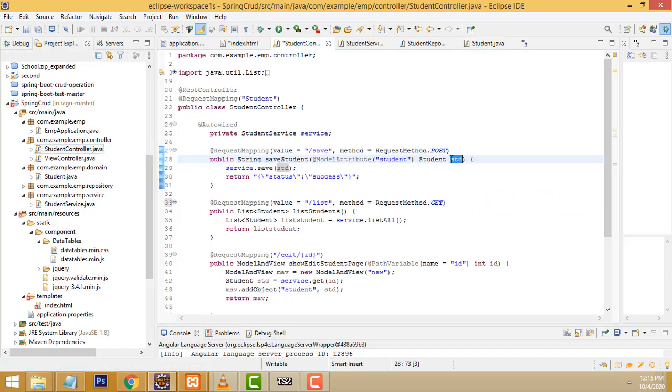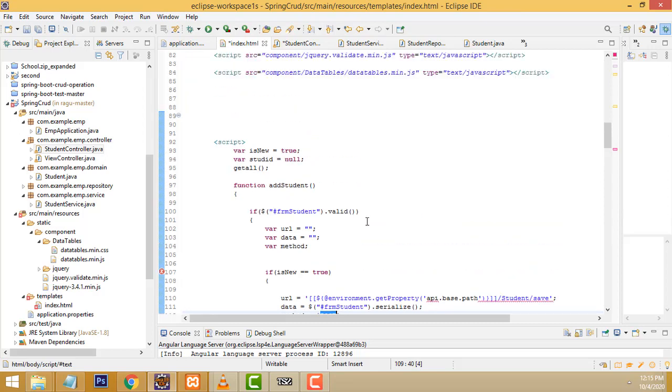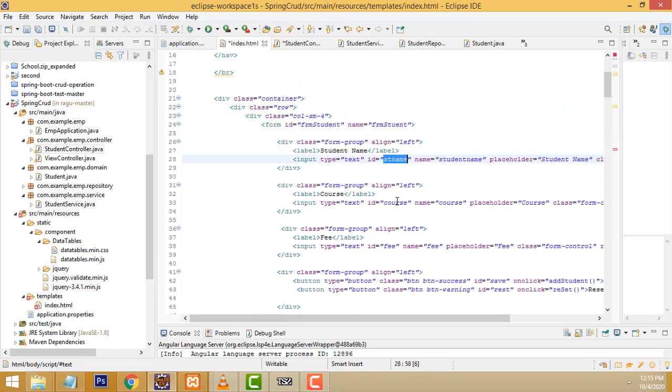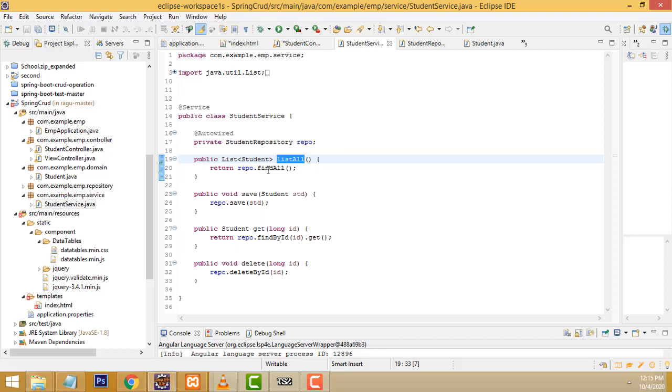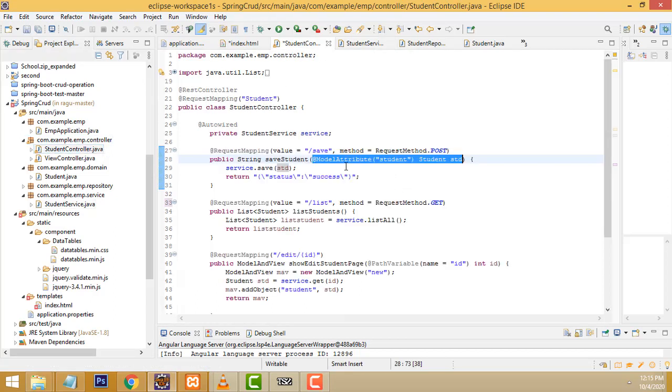So here, okay. Now what happens after that is it sets all the properties. But what properties are coming here? This index, right? All these things match your properties, right? ST name, course, and fee should match these fields. These are the property fields here, student name, course. If they are not matched, it doesn't add the record, right? Okay. So after that, what I did is service. Here we have to write its save method. It's called the save method. It's the service part. That's why I call it here, the save part.